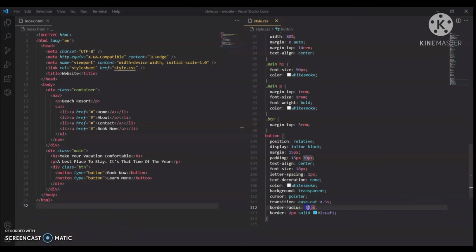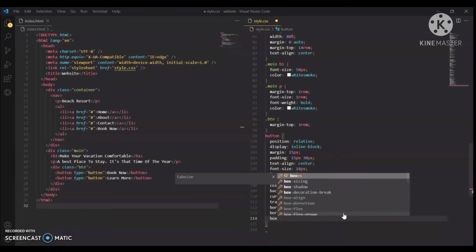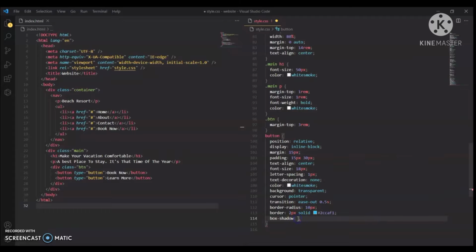So here our border is displayed and the curves also. We will generate a shadow.